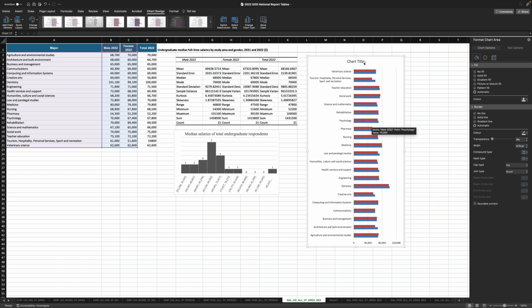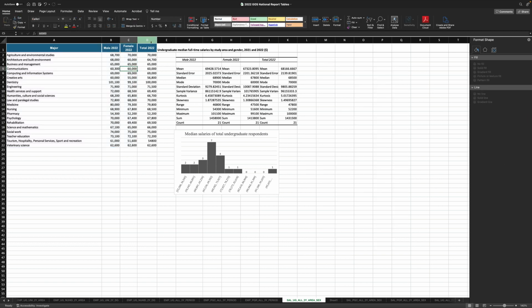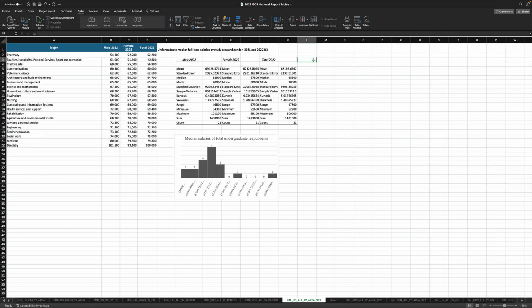But maybe, so this is one way of graphing to be able to understand the comparison. Maybe we want to sort these values so that the highest salary ones like dentistry and maybe medicine have a clear ranking of these areas here. So what we can do is just get rid of that graph. Let's go ahead and sort maybe on the total number of values. Okay, now that these data are sorted from smallest to largest value along the total,